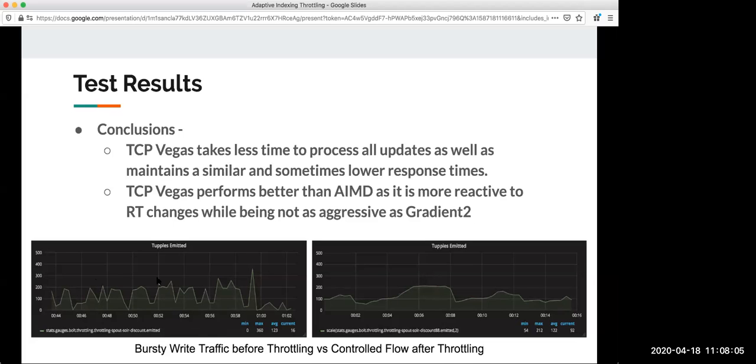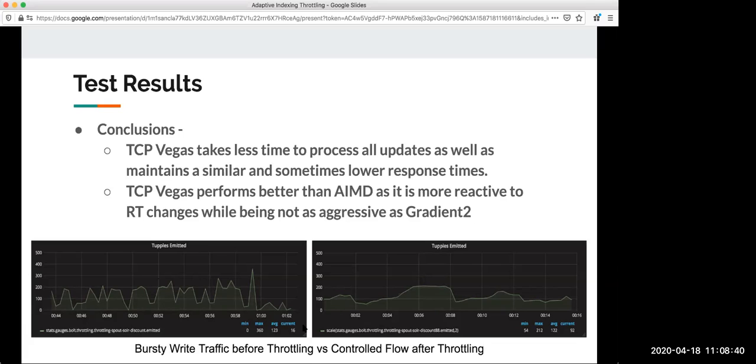So this was also making our read response time spiky. It was also affecting our read performance. So after deploying this indexing throttling to production, after testing it out, after making it live, if you can see on the right, you'll see a much more controlled and much more smooth curve. So here the flow and the amount of updates we are doing on our data stores is very controlled and stable. So this helped us to get rid of the spiky behavior in our read traffic as well.